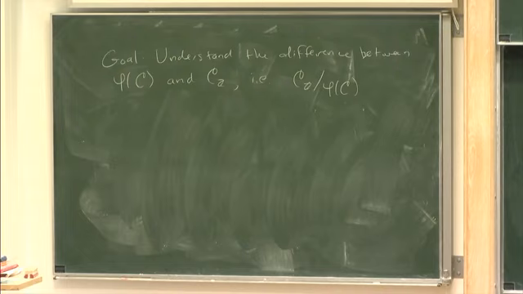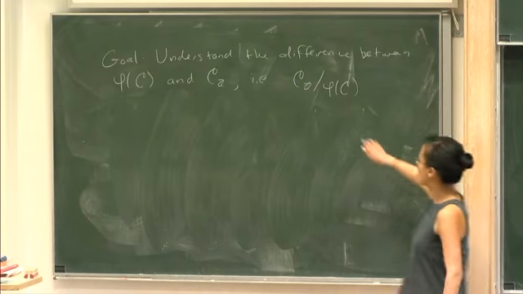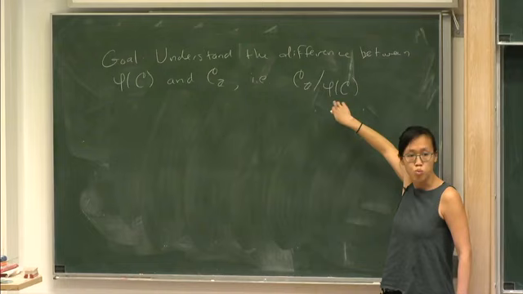Most concordance invariants you can generalize to knots in arbitrary integer homology spheres. That's not so hard. But if you want a concordance invariant that's going to descend to this quotient,